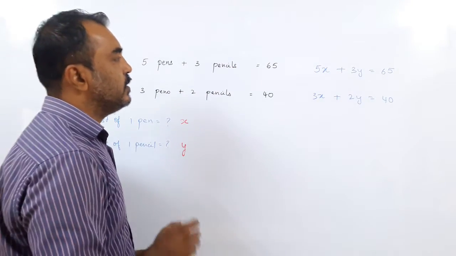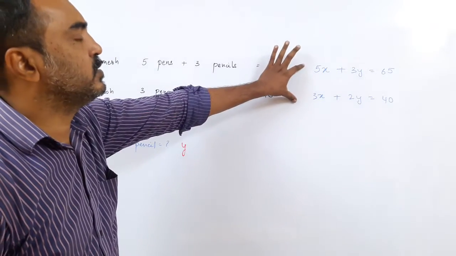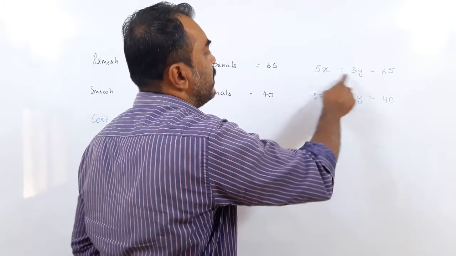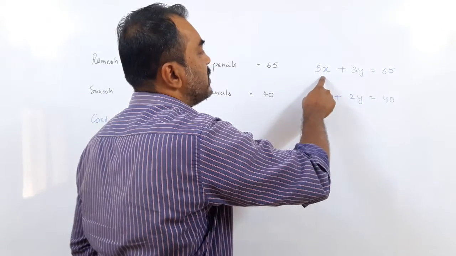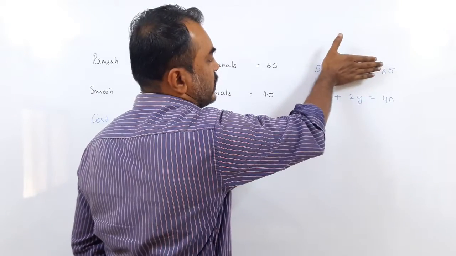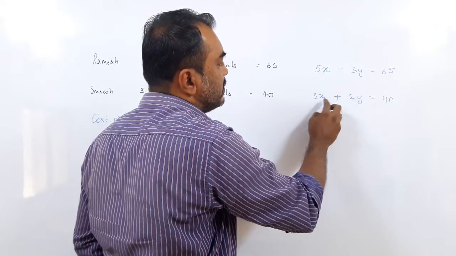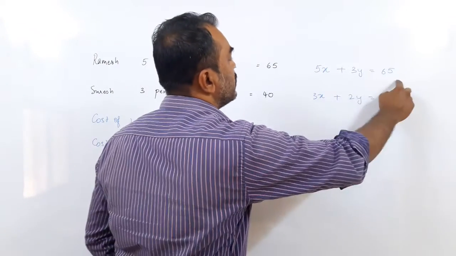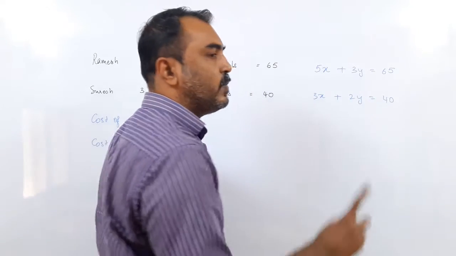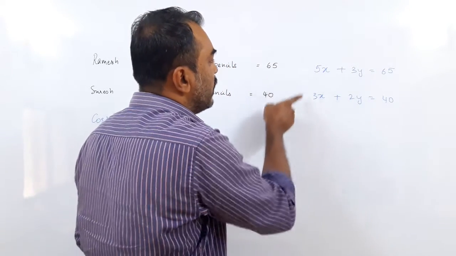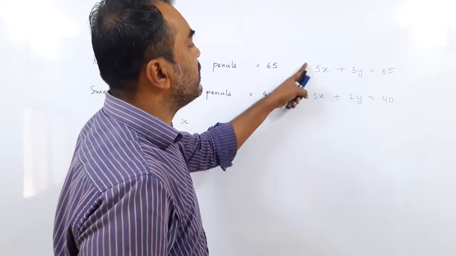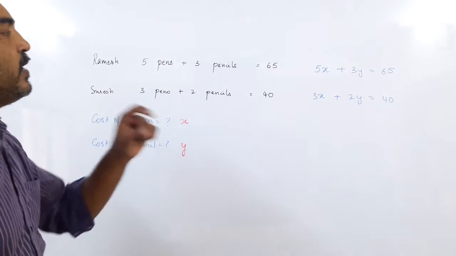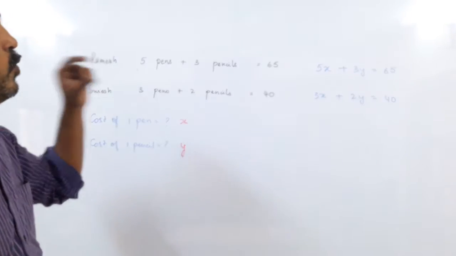Now you can see here how many equations I have. I've got 2 equations. Now when I take the equations separately, when I take x equal to 10, I get y equal to 5. When I take x equal to 5, I get y equal to 40 upon 3 in this equation. In the same way, if I keep on changing the x here, I get a value of y. But there will be infinite answers for this and infinite answers for this. But there will be only one answer for x and y where both the equations are satisfied, and that will be the solution of this system. So, the solution we will find later on, but first you have to understand when we have to find it.